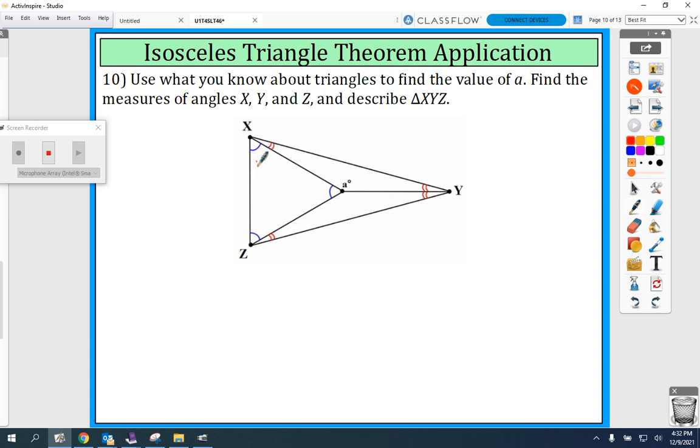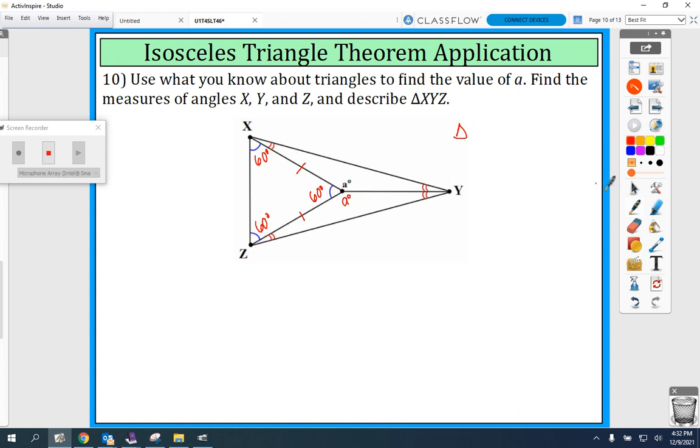All right, so we know that this is an equilateral triangle because all of these angles are congruent. So we have a 60, and a 60 here. We know that this is A degrees, which this is also A degrees because these two triangles are congruent. Again, I know that they're congruent because this side is congruent to this side, so therefore I have angle, side. So whatever this point is named, triangle XY, this center point here, and triangle ZY and this center point, these two